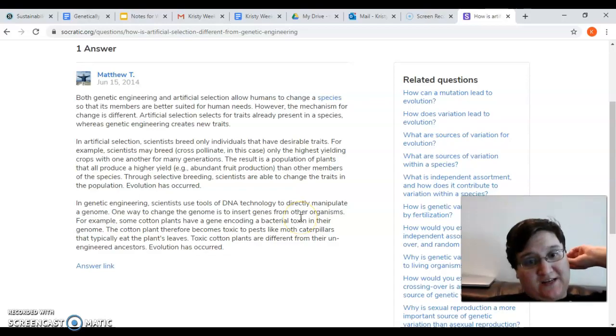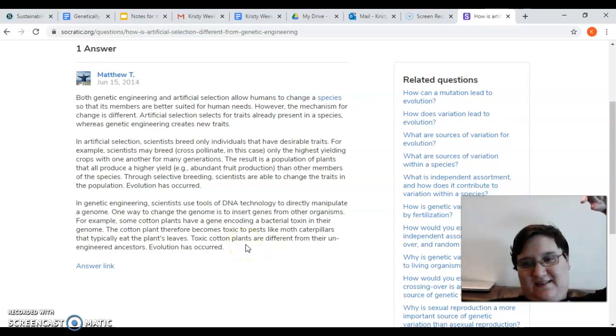One way to change the genes is to insert genes from other organisms into that organism. For example, cotton. Some cotton plants now have a gene that can essentially make it so that a bacterial toxin